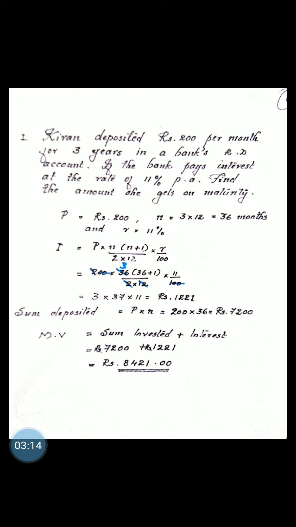Now simplify this. The zeros in 200 and 100 can be cancelled, and 36 and 12 can be cancelled by 3. Now the remaining 2 cancelled. You will get 3 into 36 plus 1, that is 37 into 11. So multiply 3 into 37 into 11, which is equal to rupees